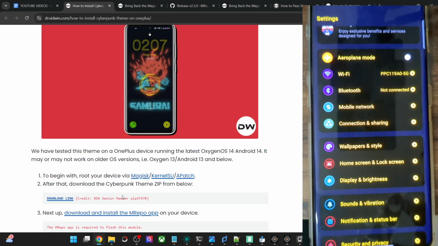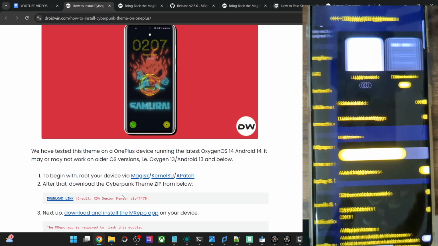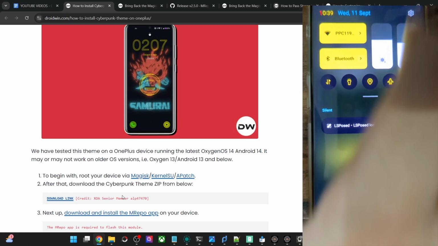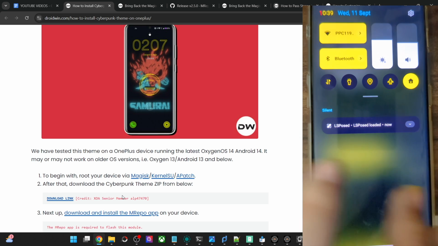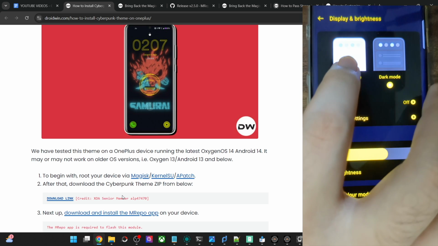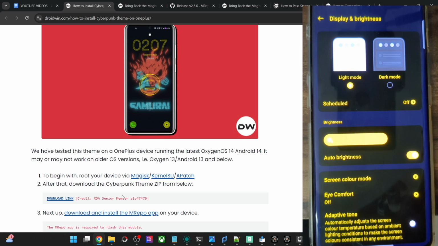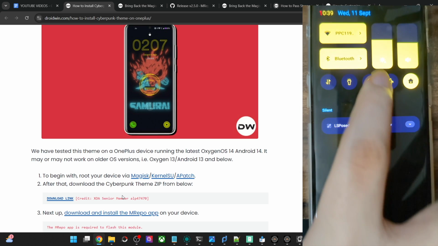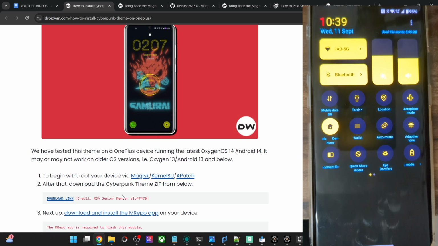Now you could do further customization in this regard. If you change the theme to dark mode, as of now we are in the light mode, so you are seeing this white in color. If you change it to dark mode, let me show you. Sorry, as of now we are in the dark mode. Now if we switch to the light mode, you will see that it's all yellow, but there are a couple of issues in this.